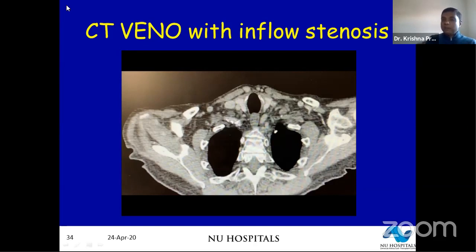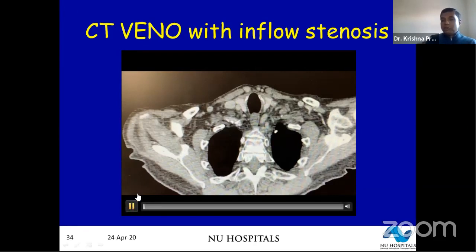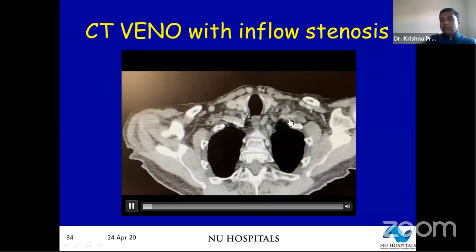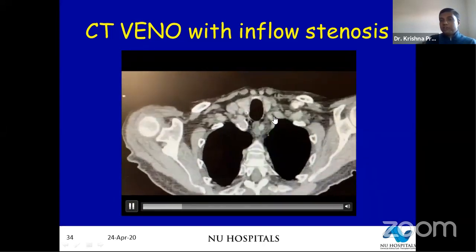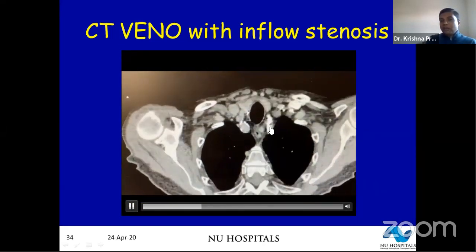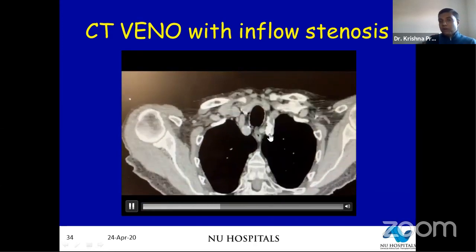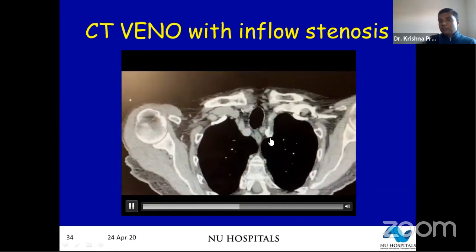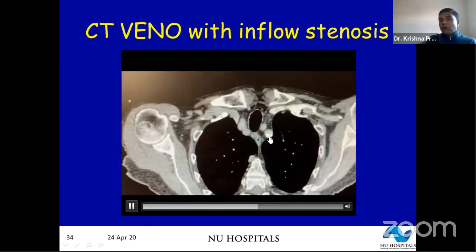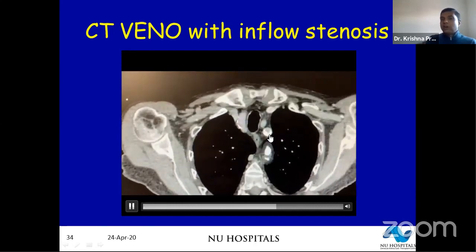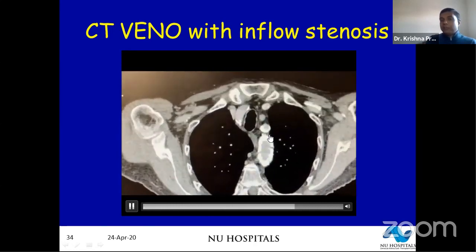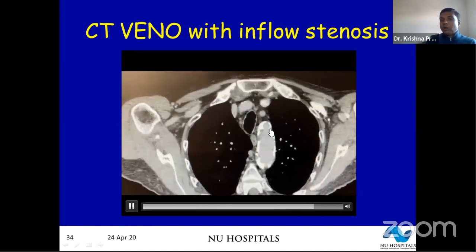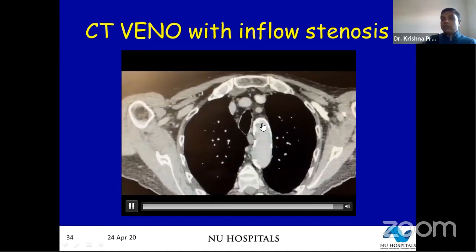But because he met all the criteria I just showed you, we obtained a CT venogram. And I want you to pay attention, if you can see, to the subclavian artery here. We had planned the left side. You can see the amount of calcification and stenosis in the vessel here. So obviously, this gentleman is not an ideal candidate to create a left brachioaxillary graft. It probably would not mature, or the flows would be so low that it would clot.